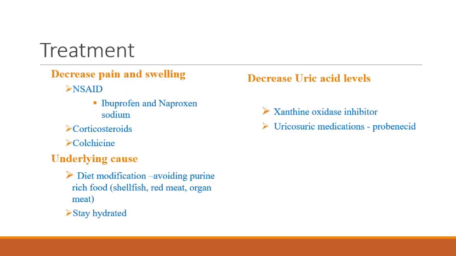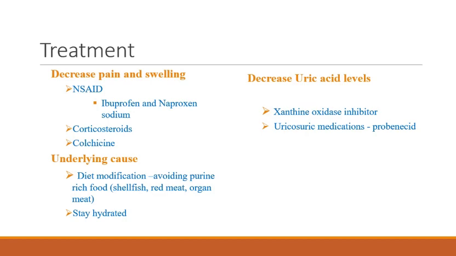Next, coming to the treatment. Treatment of a gouty attack is typically focused on decreasing the pain and swelling, most often with non-steroidal anti-inflammatory medications like brufen or naproxen sodium, but occasionally with corticosteroids. Colchicine, which has anti-inflammatory effects by inhibiting white blood cell migration, has also been used for a long time to